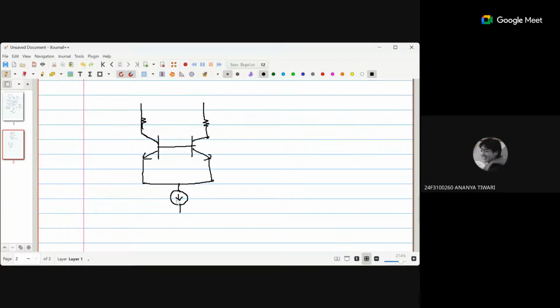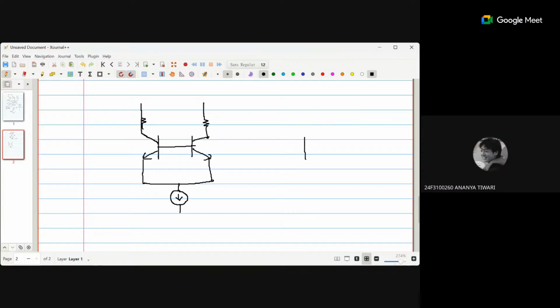It will be 2 I naught. I'm asking how you physically realize, design the circuit for this current source. Even in your ESTC, you were solving many numerical problems using this current source. So what will be the actual circuit inside? How can you design that current source? If you try to recollect from the lecture,